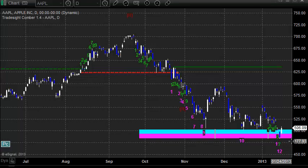So if you take the three things together, the Tradesight Comer, that's just one candle away from a buy signal, the Tradesight Seeker, which is in a buy signal right now, and put that in combination with the MOB here, we've got three things that are pointing to Apple having support here and pivoting back to the upside. So definitely stay tuned for that, and I just wanted to make sure that you had these